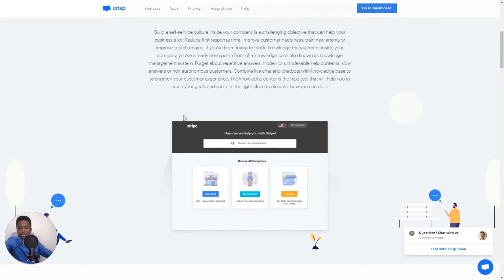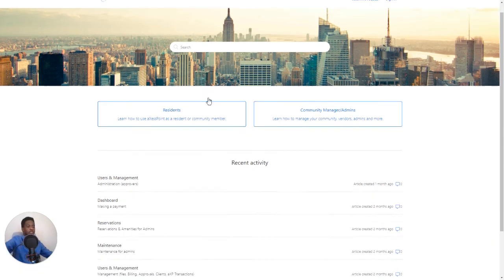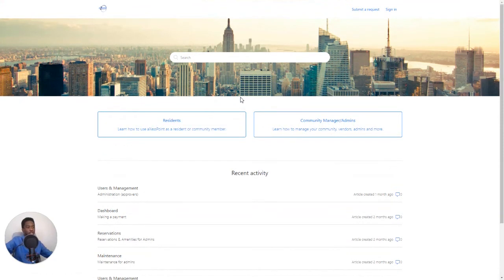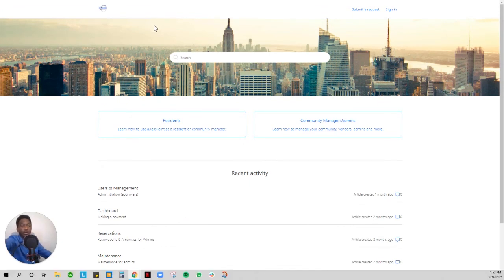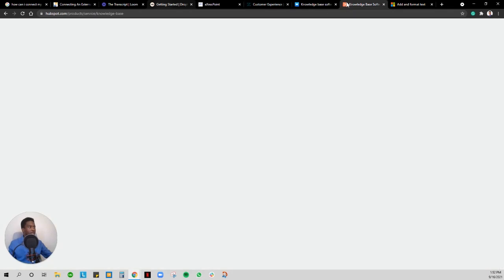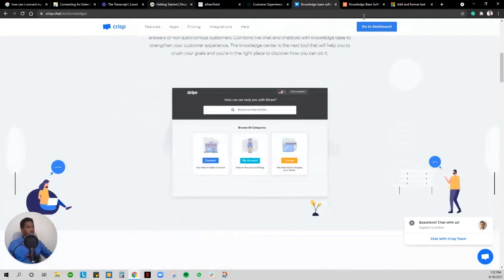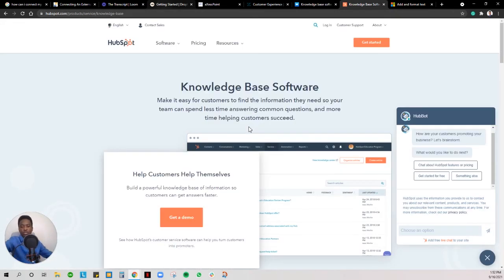So just to put a face to it, right? This is a Zendesk knowledge base. So what you see here is a Zendesk knowledge base. It always kind of has the same URL, and you can tell by the URL, zendesk.com. It's usually part of the URL. And then the last one that I'll talk about, so this is Crisp again, one of the options you have. So the last one that I'll talk about